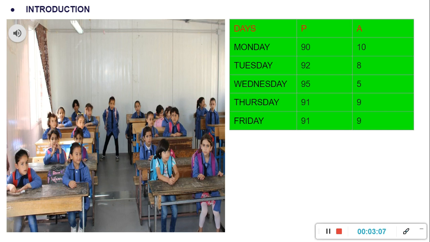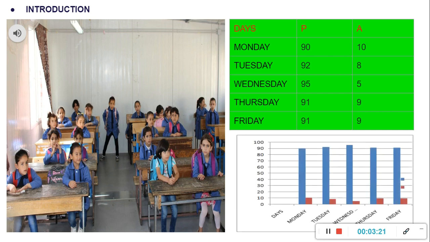For example, let's see, you have the same data. Now, instead of writing things in the form of a table, what you do is you draw a graph like this. Now we will learn as we go ahead how we draw a graph and why we draw a graph. This slide will tell you how drawing a graph makes things easier for you to understand.